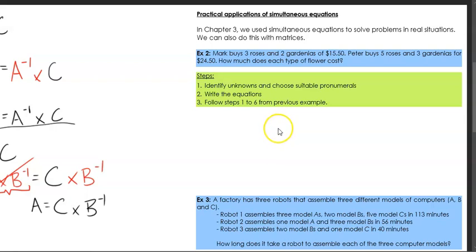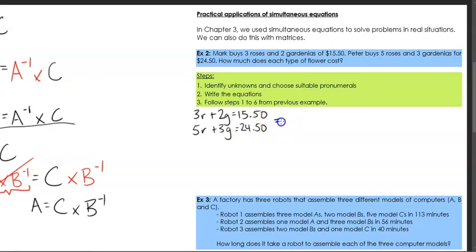So here are the steps. Identify the unknowns while choosing suitable pronumerals or letters. Write the equation and then follow the previous steps from before. Now I'm going to try to write this as small as I can because there's quite a bit of writing for this. So let's write this as the formula 3R, I'm going to use R for roses, plus 2G, G for gardenias, equals $15.50. There's equation 1. Now I don't need to label it. Before we used to label it because that was the protocol. This time we don't need to. 5 roses and 3 gardenias is equal to